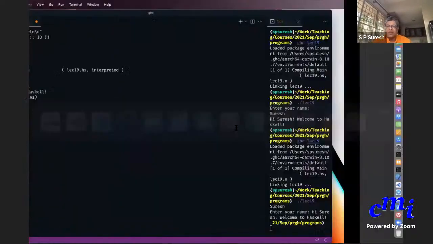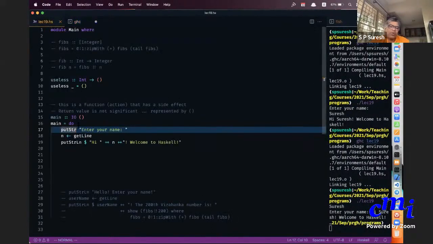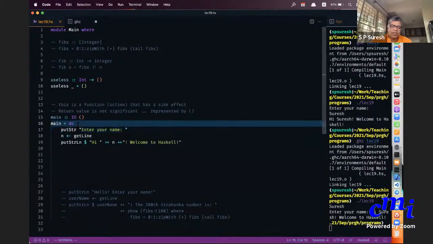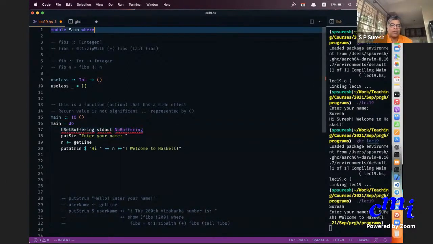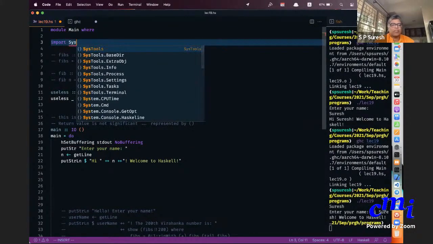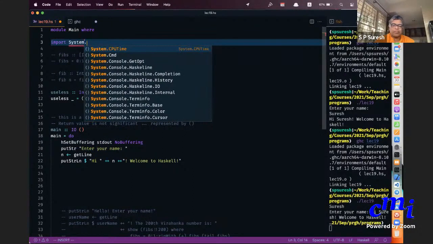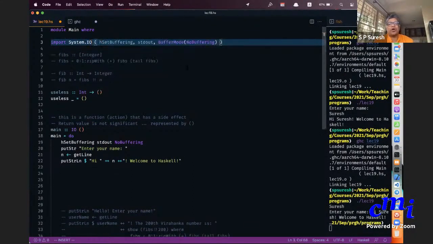So let me see. This is just a curiosity which you need to know if you are using this. Nothing very deep happening here. You just need to remember this. To use this, you have to say it, and that will automatically, if it's VS Code, import all this. Or you can just say import System.IO and then leave it at that. That is also fine. So now it will work as expected everywhere.